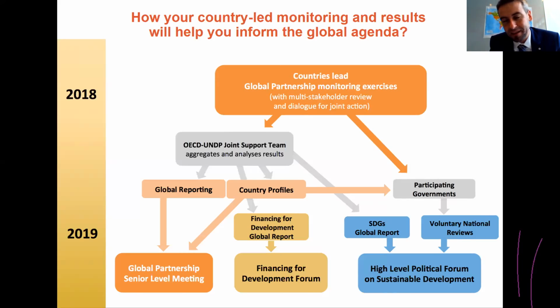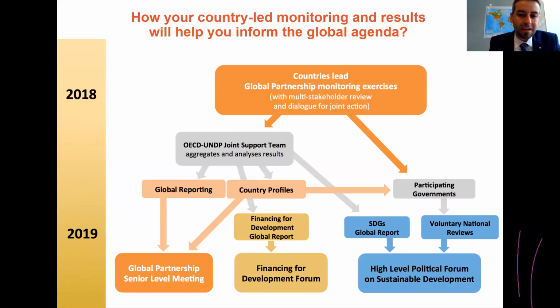Issues that are identified in your country, in how development cooperation is delivered, are flagged there and are taken to the highest level for discussion on how to solve them, because it's necessary to really implement the 2030 agenda and the SDGs. Same for the SDG Global Report. The country's information is also reflected and highlighted in the United Nations SDG Global Report, which is the basis for a discussion in the high-level political forum in 2018, which is a milestone in this process of the 2030 agenda.